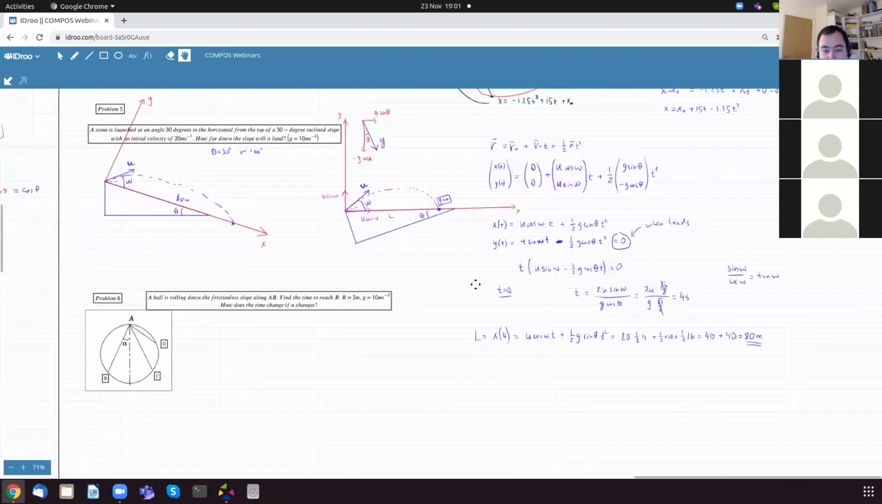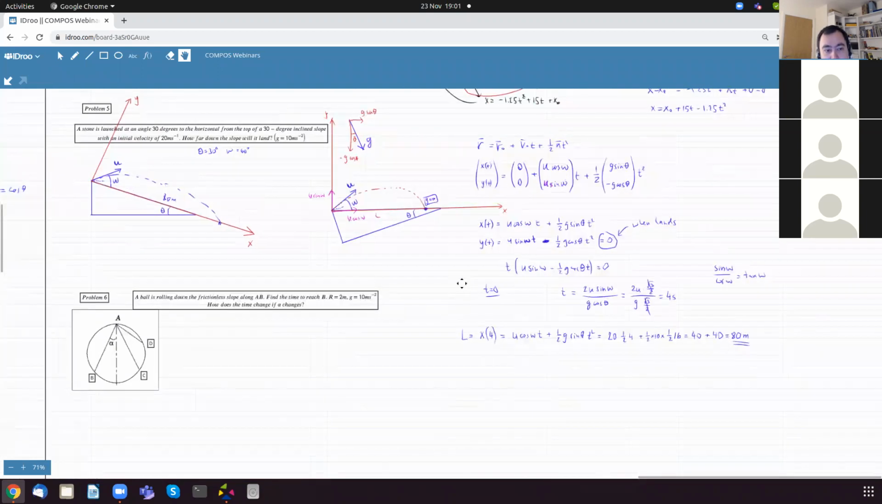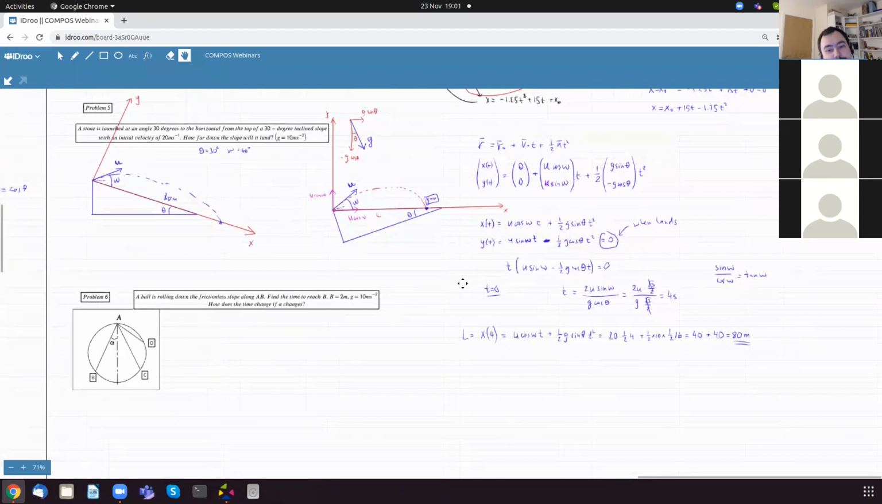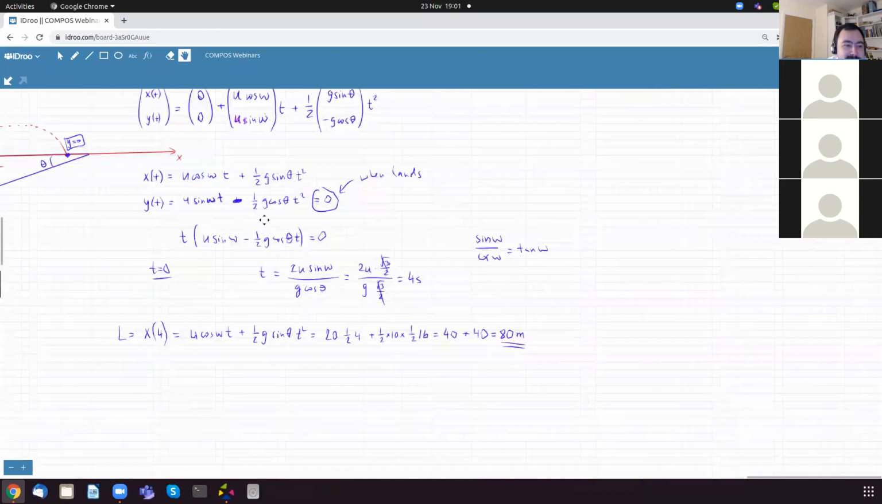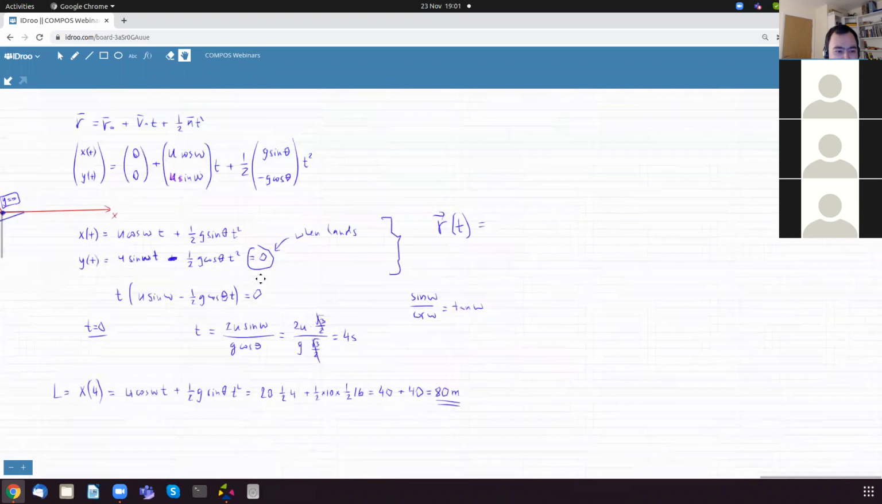You can differentiate x. Nah. Oh yeah, by all means. By all means, you can write down the vector r of t. Actually, that's a cool thing to do. So let's do it. So I'm going to write down the vector r of t,